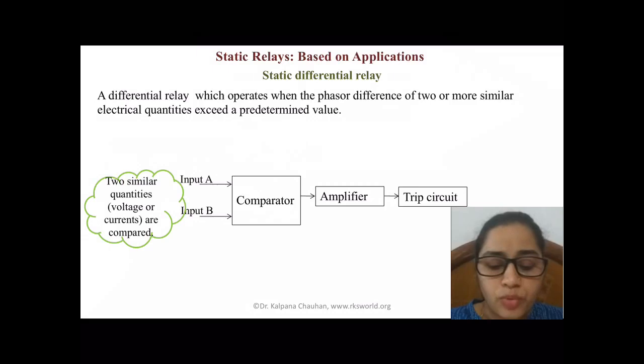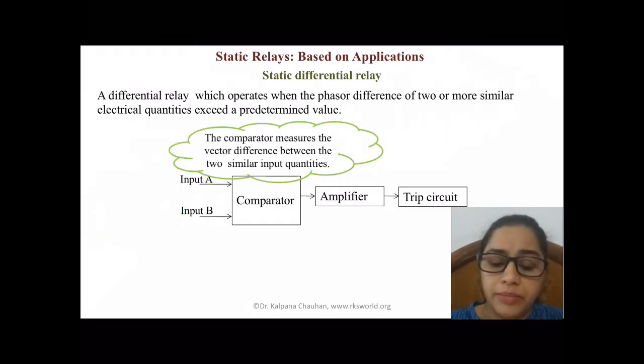Here we can see in this block diagram two inputs A and B, which may be similar quantities. These may be voltages or currents. These two quantities get compared, and if their difference exceeds a predetermined level, then it gets actuated. The working of the comparator is to compare these quantities. The comparator measures the vector difference between the two similar input quantities, and here we have a circuit of